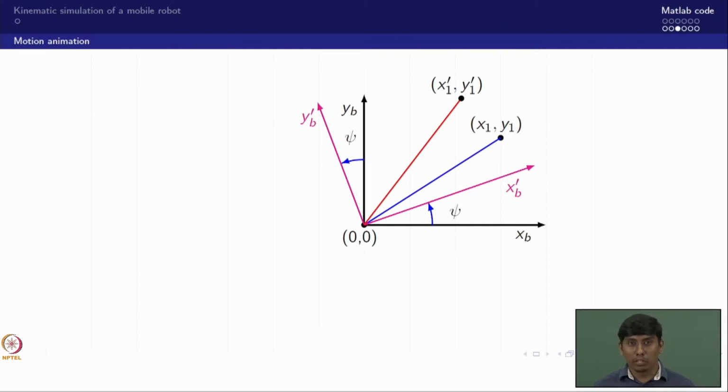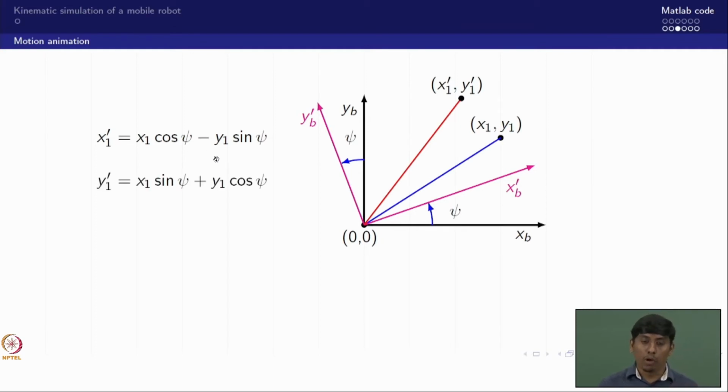You can use projection. So based on the projection, what can you write? Along the x1 direction, which is the x1 dash direction, I am assuming that it is parallel to the original xb. So what can I write? That would be projected as x1 cos psi minus y1 sin psi. How can that be done? You project this point. What would it give? It would give two components, right? So based on those components, you can get x1 dash and y1 dash. So now these are the coordinates which are modified based on the psi angle.